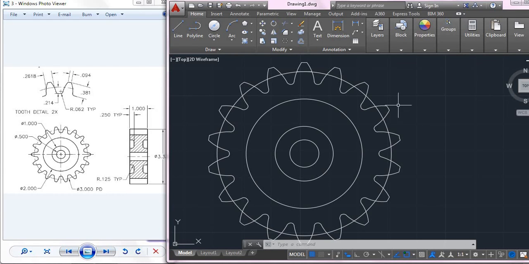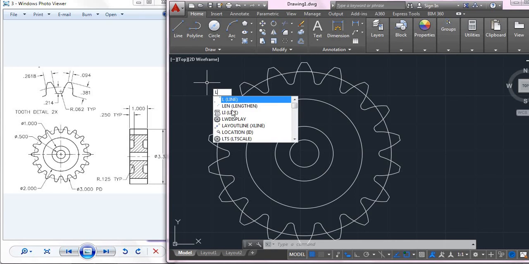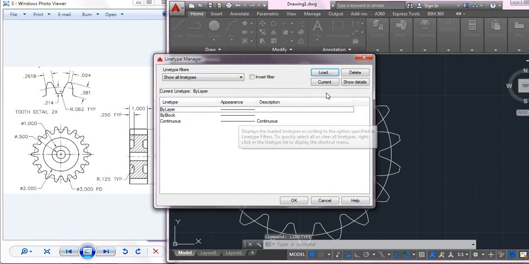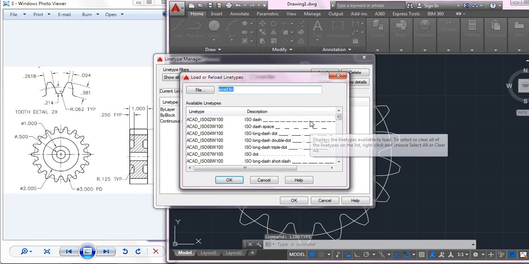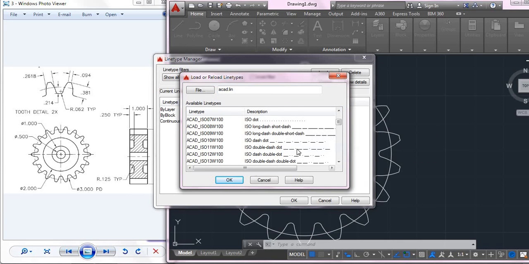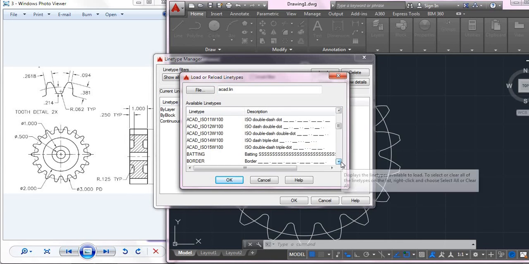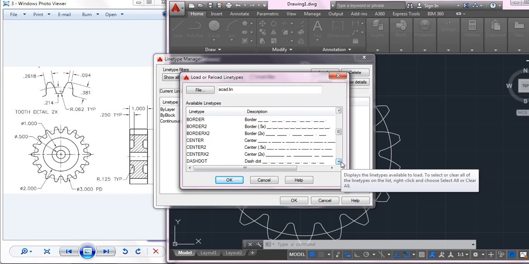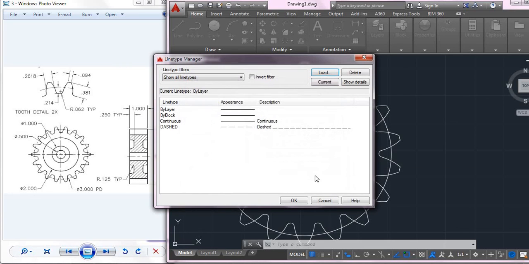In order to do that, you can go for line type and change your line type. I'll load a line type, say dashed lines. Say this one, okay.